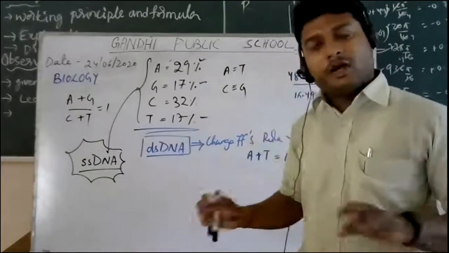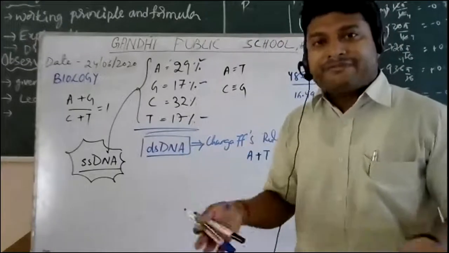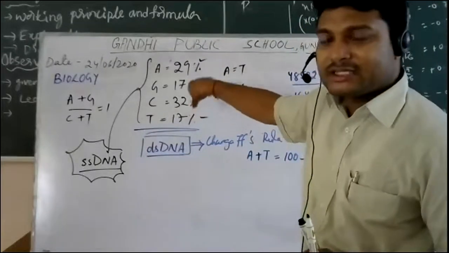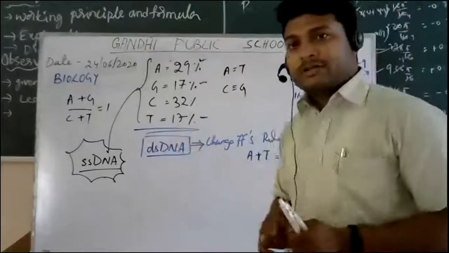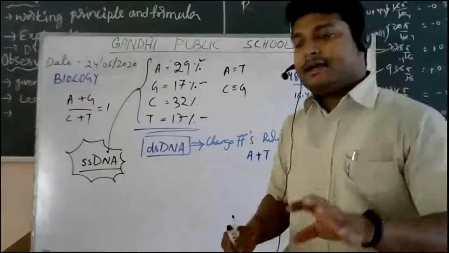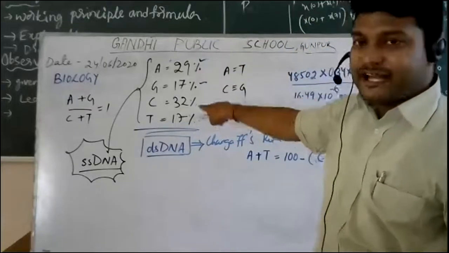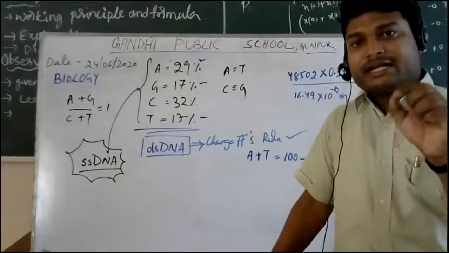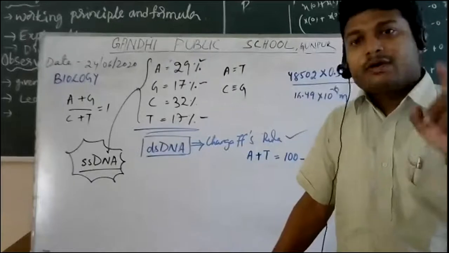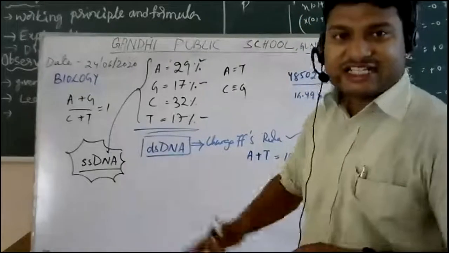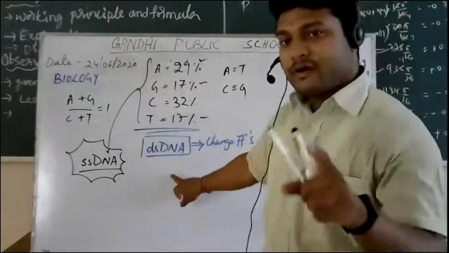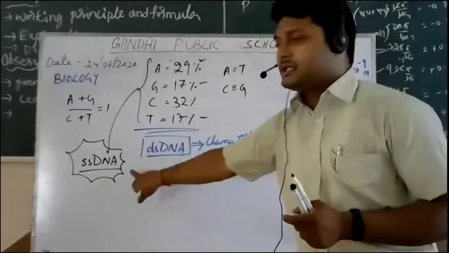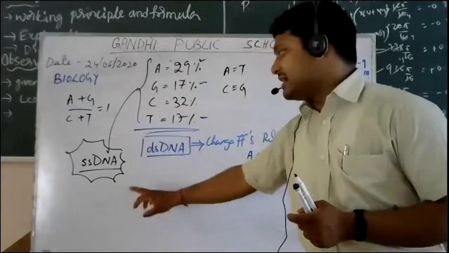We don't have base pairing. We just have nitrogen bases. And if we do not have base pairing, why worry about the ratio and the same percentage of the nitrogen bases? The question was asking whether the DNA from which we have taken this value is a single stranded DNA, double stranded circular DNA, double stranded linear DNA, or whether we can find out nothing. We can come to the conclusion that as it is not satisfying the Chargaff rule, which is for double stranded DNA, whether linear or circular, it does not matter. So the answer is going to be single stranded DNA.